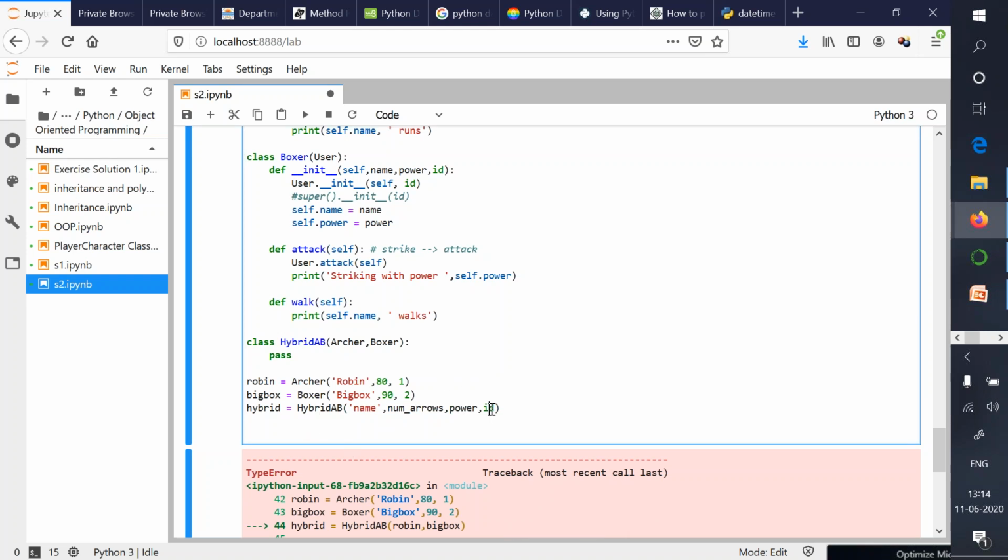Because see, hybrid is also inheriting from the base class, so the ID is there, and the sign in function is also there. This Archer class has a number of arrow variable, and this Boxer class has a power. So it needs to have all these things. In order to get this kind of functionality, now what we will do, we will define the